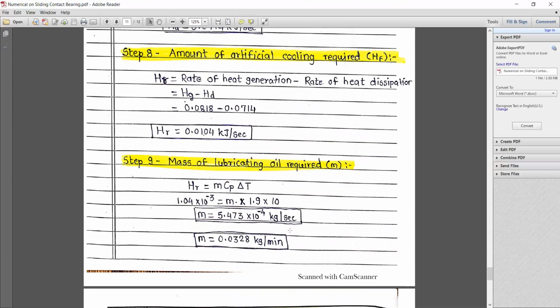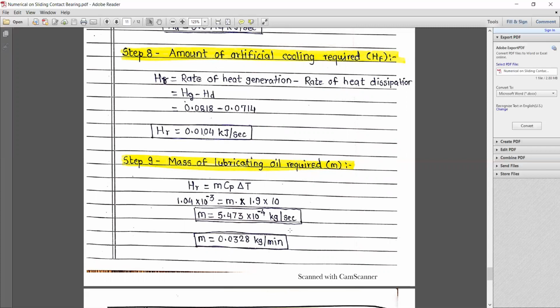Okay, so from step number 6 and 7 it indicates that we need the artificial cooling. Now what amount of artificial cooling is required, that we need to calculate. So the rate of artificial cooling is the difference between rate of heat generation and rate of heat